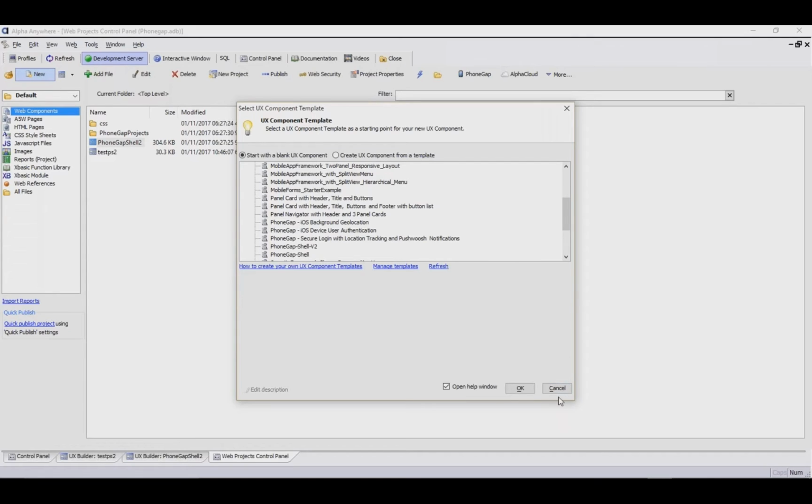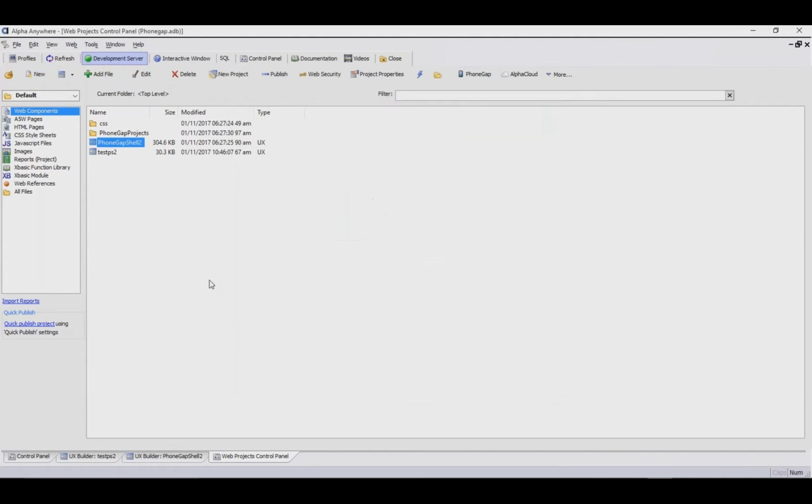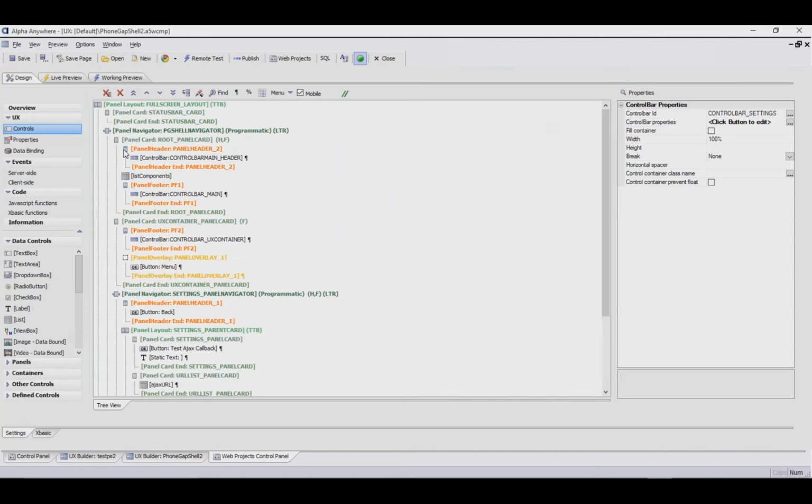Okay, cool. So what I would have had to do with Phonegap Shell, you still have to do now, but there are fewer steps. So I just canceled out of there. But after you build the project, it creates this entire project that you see in here, and you don't have to do a thing to this. It's done. You've added it. Give it a name that you want to call it to save locally. And then after you give it that name,